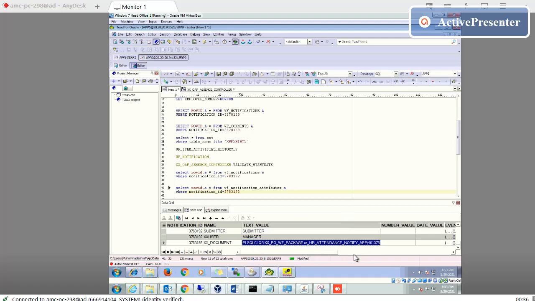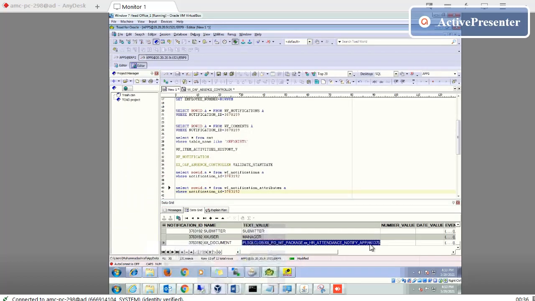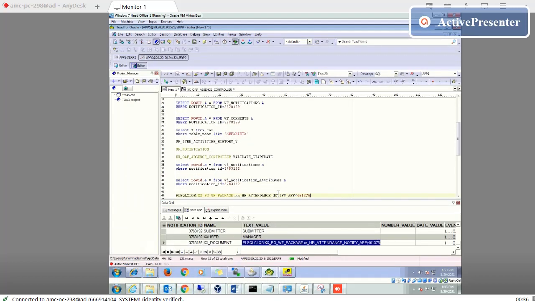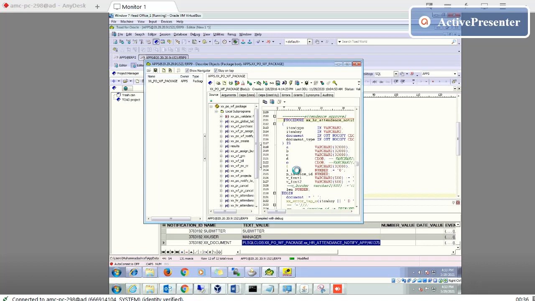To view this interface, I go here, click here, and press F4. Okay, and I will update.